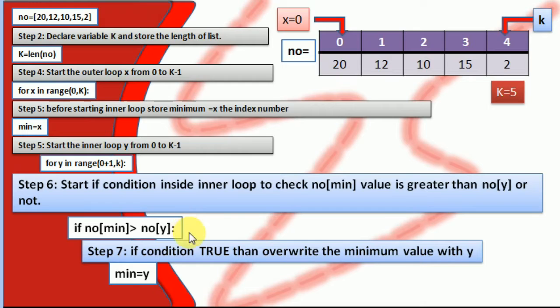So if this happens, if it is true, we need to overwrite the value of minimum with the position of the value which is less than the NO of minimum. Means if the first time it is 20 and we check 20 is greater than 12, we just overwrite the position of this minimum by this value, that is the index value, that is